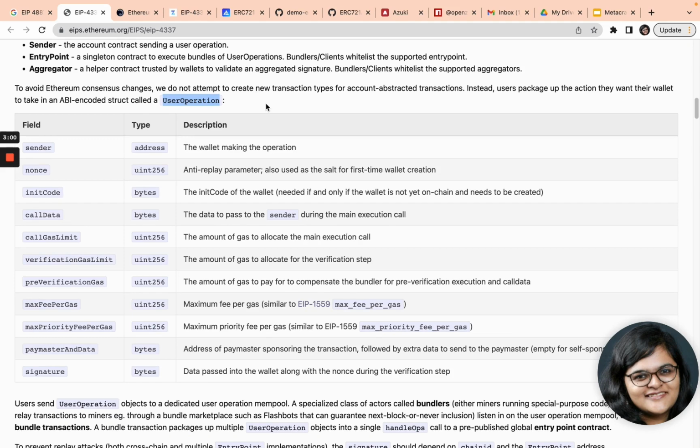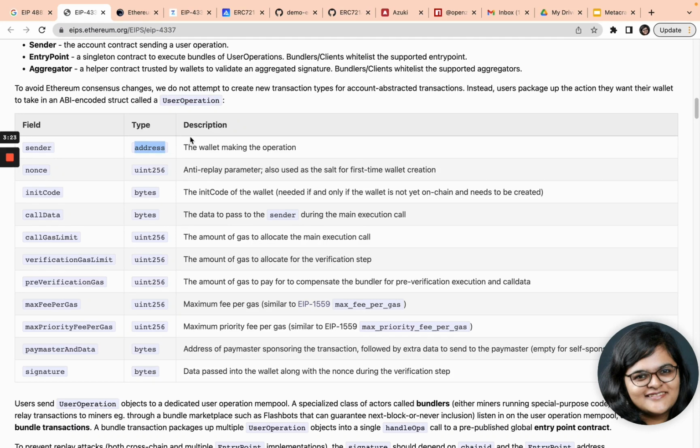Now let's see some of the important things that fall under the user operation struct as described in EIP 4337. The sender is the address, which is the wallet making the operation. So in every smart contract, you will have an owner of the smart contract.